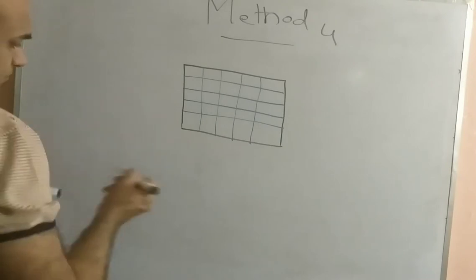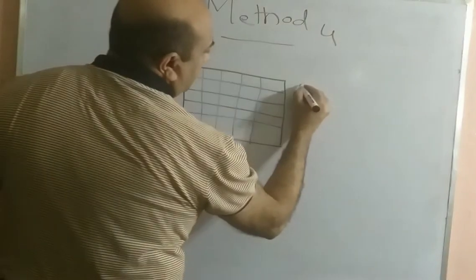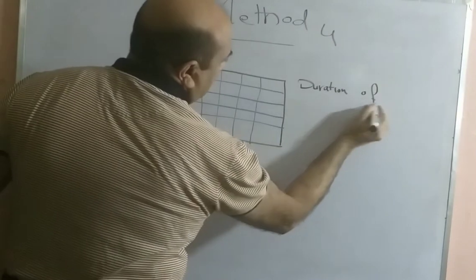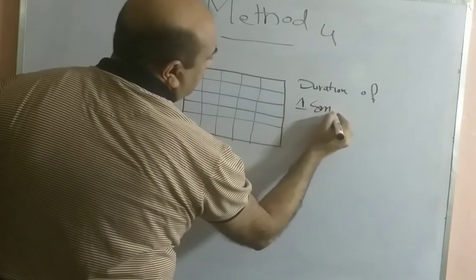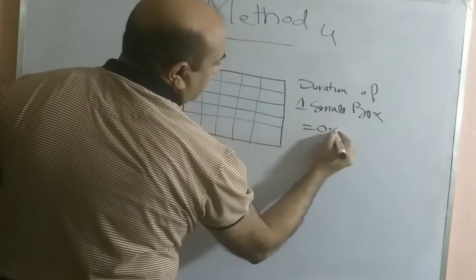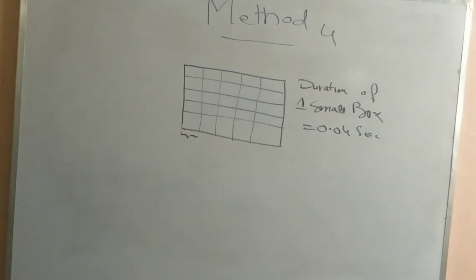Now, duration of one small box is 0.04 seconds. This is very important. So when we look at the ECG paper, there are large boxes and in them are small boxes. Now the duration of one small box is 0.04 second and